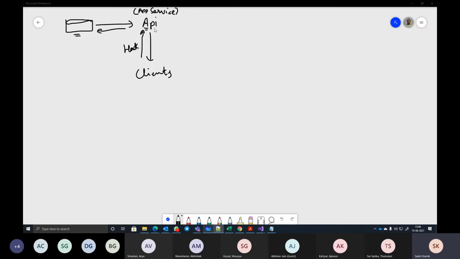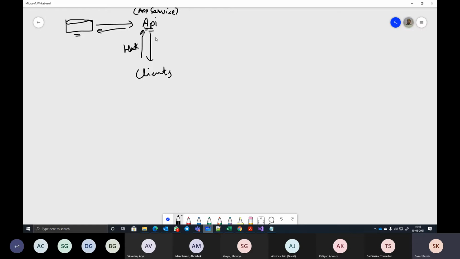Even if this API is having some security enabled on it, it is being directly exposed. It's just like protecting your valuables at your home. When you are moving out, you are just putting a lock on your main door, which is visible to the external world.